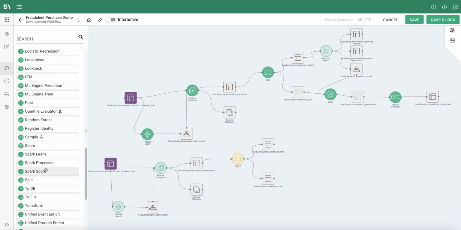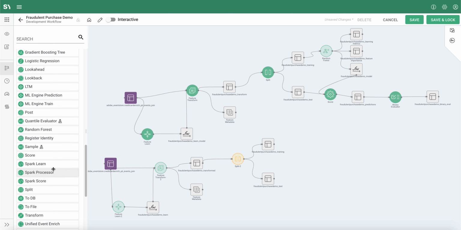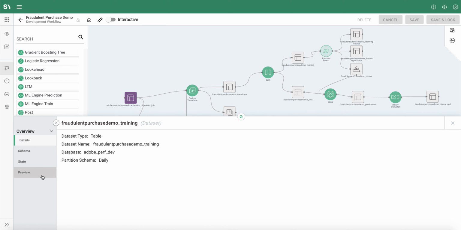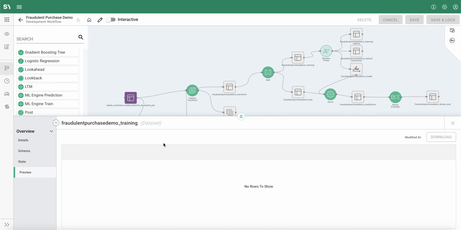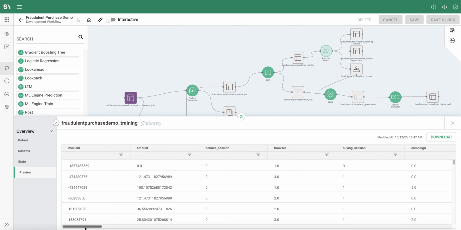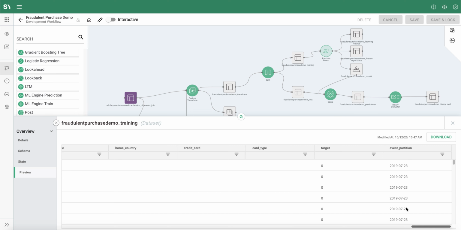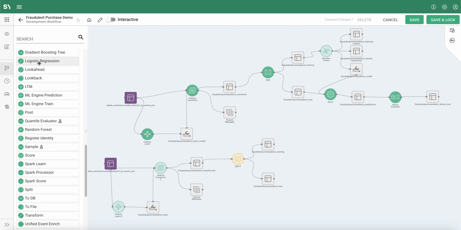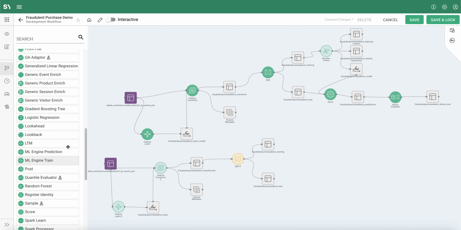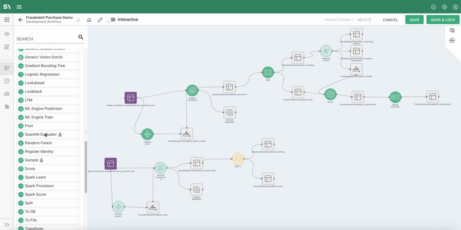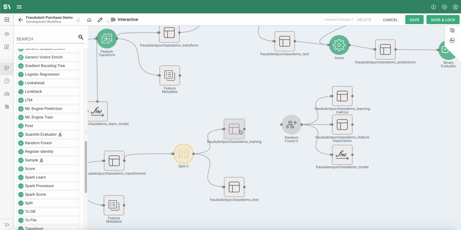And we have a couple of different options over here on the left that we can use for that. This is going to be a classification problem that we're going to be solving because our target column is simply just ones and zeros. As we can see up here, we're not doing any need for regression, and since we have a target column, we're not going to be clustering. So we could use logistic regression, or we could use decision trees, but I'm going to be using random forest for this demo. So we're just going to drag over random forest and connect it to our training data set